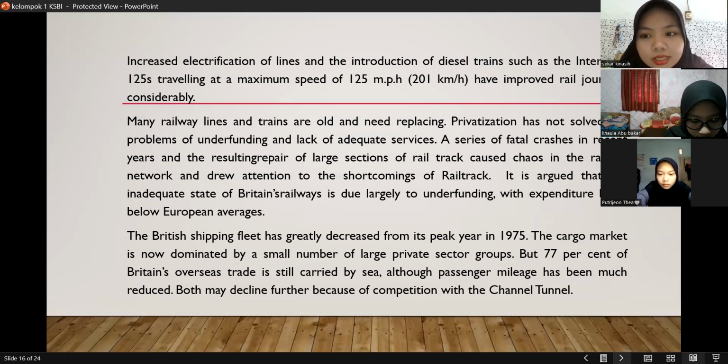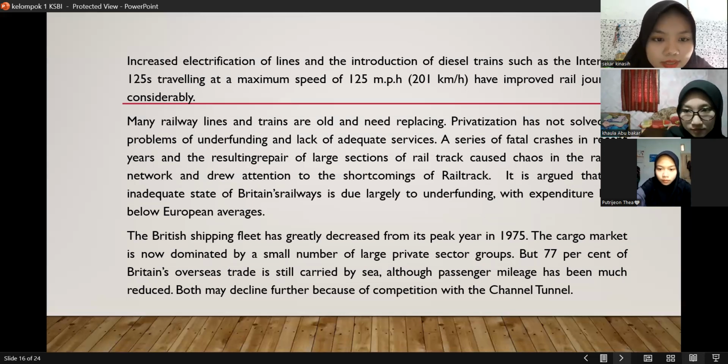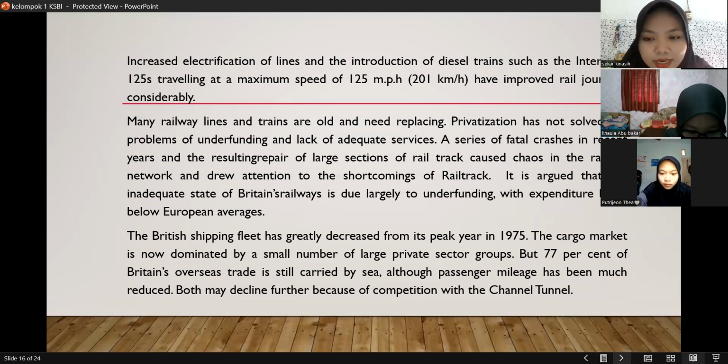A series of fatal crashes in recent years and the resulting repair of large sections of rail track caused chaos in the railway network and drew attention to the shortcomings of rail tech. It is agreed that the inadequate state of Britain's railway is due largely to underfunding, with expenditure being below the European average. The British shipping fleet has greatly decreased from its peak year in